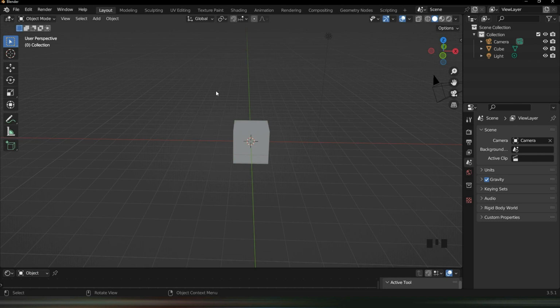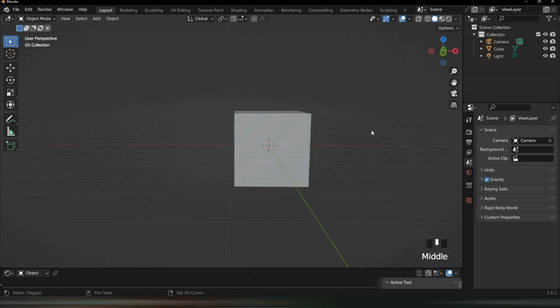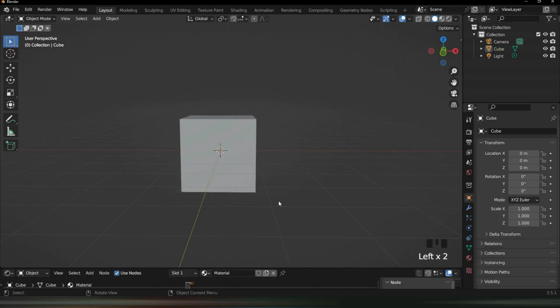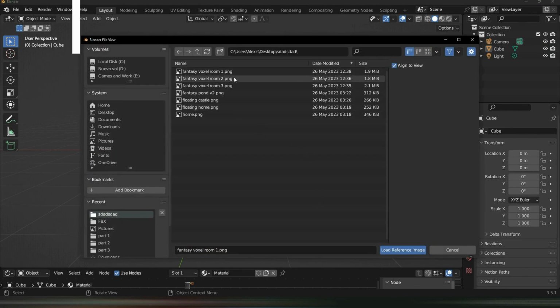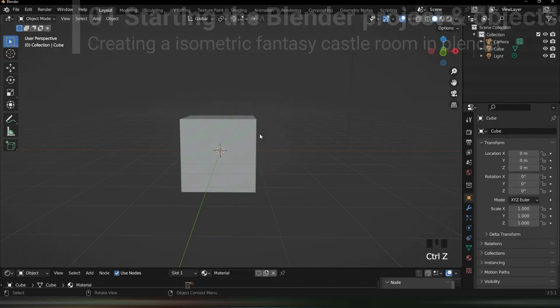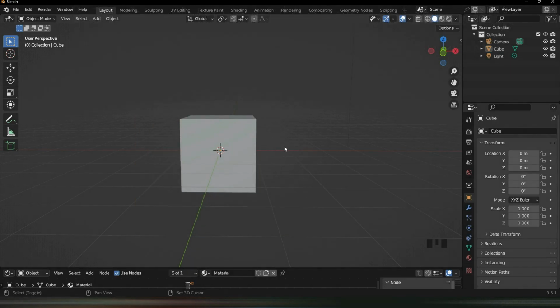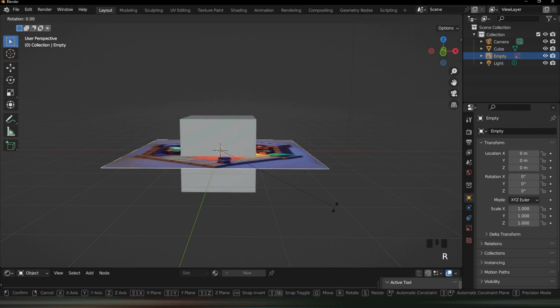Alright. So, the thing we have to do here is import the reference. So, if we can just use this cube here. Let's do Shift A, image reference, and let's load in Fantasy Voxel Room 1. Turn off Align to View, and load reference, then rotate on the X-axis and type in 90,